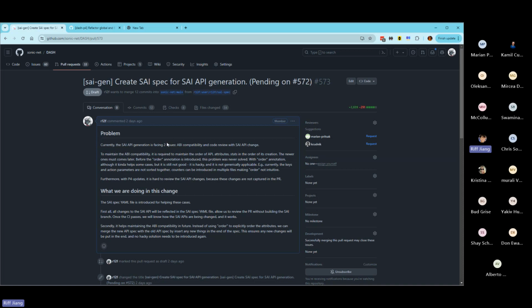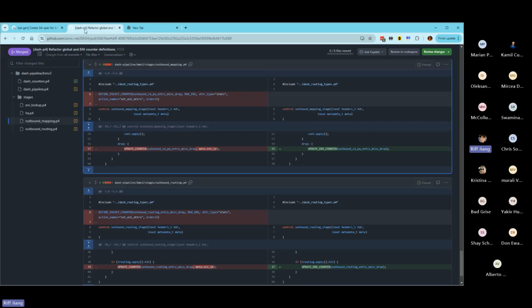However, if any of the APIs or attributes gets generated in the middle, for example the stats, if we add a counter somewhere in one of these mappings, then those counters depend on how people compile it. Those counters may be added in the beginning, or in the end, or in the middle. Then the enum value after this new stat will all be changed. So in order to patch this thing,